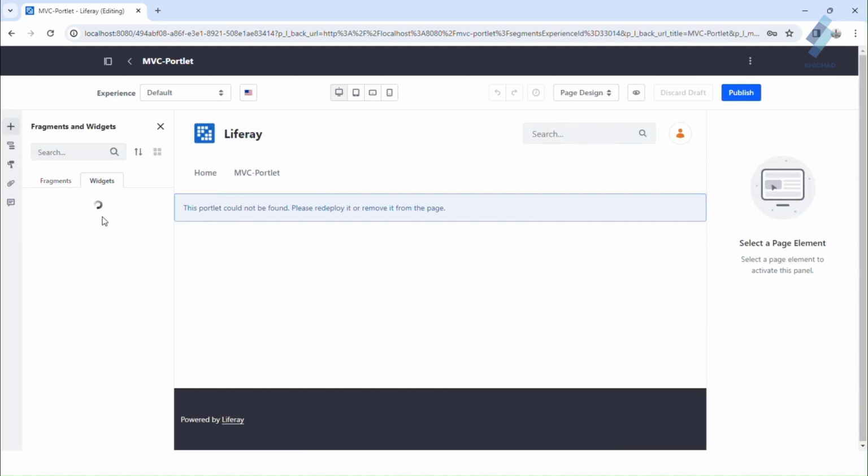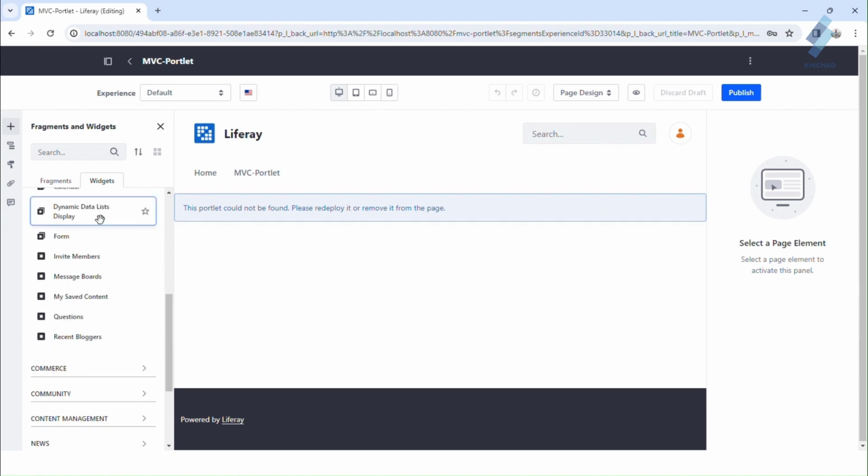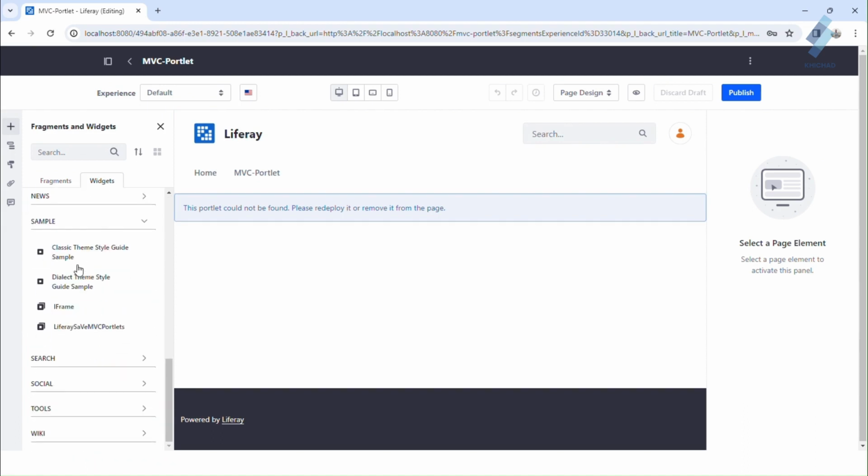Go to the widgets and scroll down, find the sample. Now you can see your portlet is created successfully, and you can see the name of the portlet. Now I drag and drop the portlet onto the Liferay page and click the Publish button.